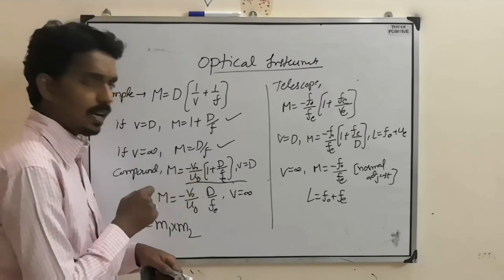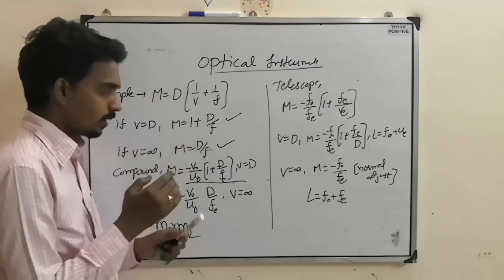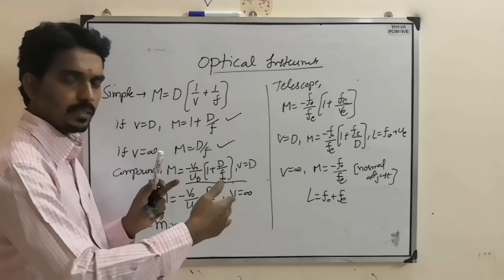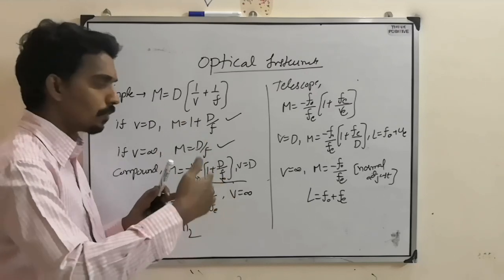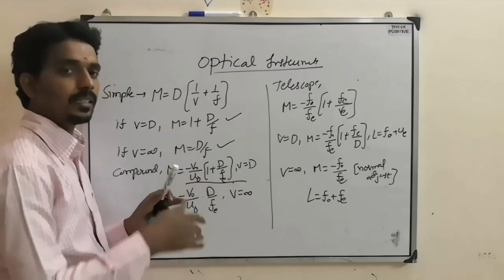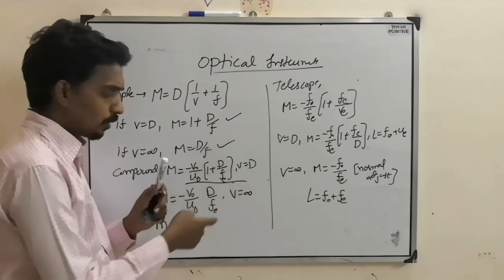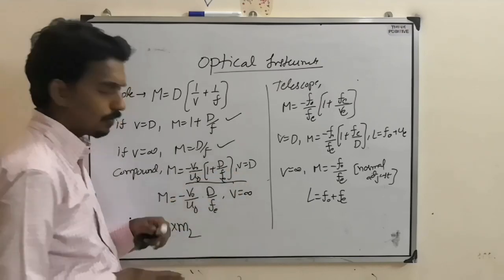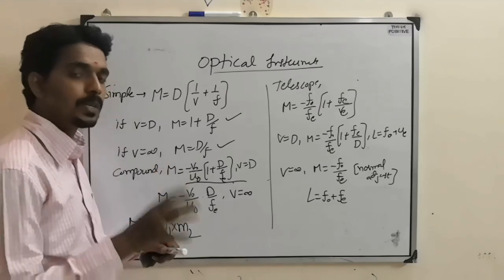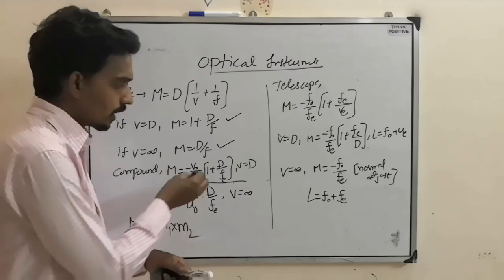Now this is the formula, same as this, because on the other side I told you first an object and inverted image, and that inverted image will form closer to the eyepiece, so that you will get a virtual, erect image. So the same formula we will apply. And V equal to D is one condition, and in the other case V equal to infinity. So here one formula, here one formula. In the question they will specially mention what condition they are asking, so accordingly you use the formula.